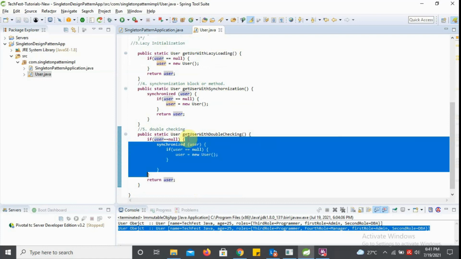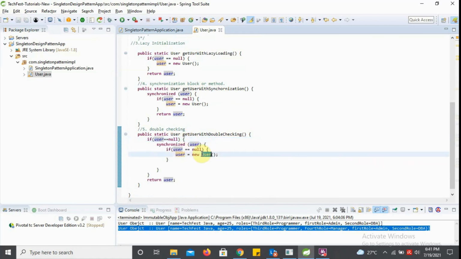At the same time the other thread will not work. So by double checking we can easily make our class thread safe in a synchronized way, and the singleton design pattern also persists. But there is a possibility that this pattern also breaks with this method,